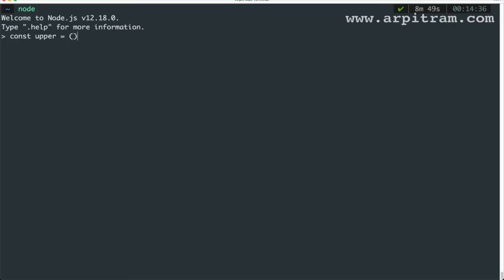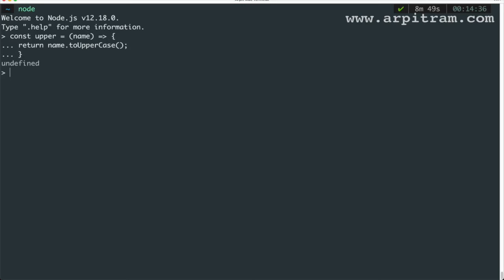I'm giving const, a function named upper, using an arrow function which takes a name. You do not need to take care of the indentation, so you can directly write it out. I am returning name.toUpperCase.